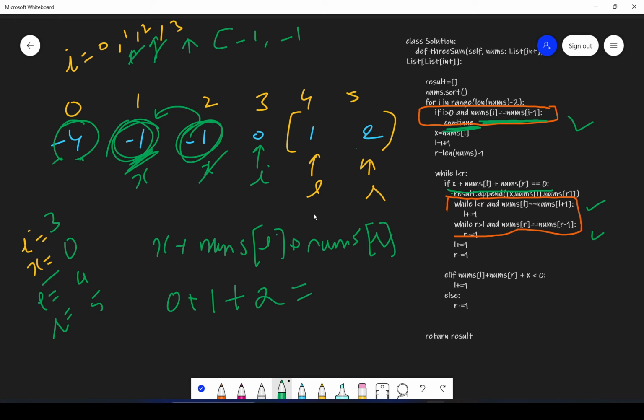So this will be 3, which is greater than 0, right? So you will decrement your R, and now they have become equal, so your iteration will stop.